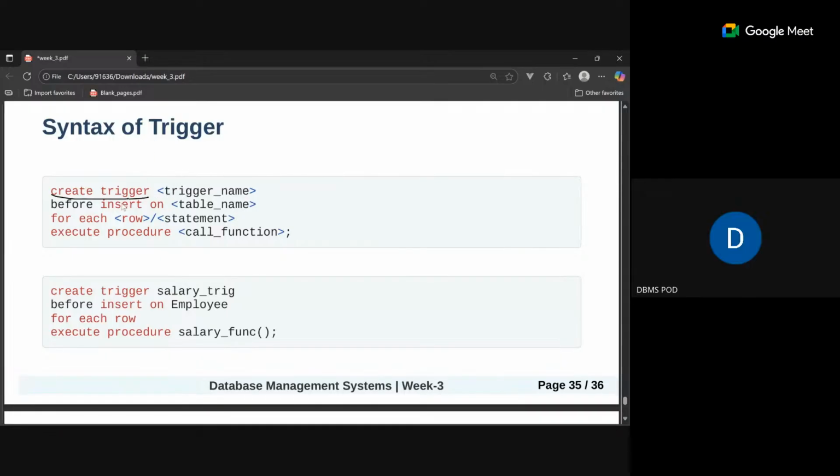So to create a trigger, this is the syntax that we are going to follow. Create trigger, and here you write a trigger name, and you define before or after, and it's going to be insert, update, delete, or whatever you can define here. It's not only insert; it can be update or delete also. Then on which table you are going to perform this trigger, and whether it's a row level trigger or a statement level trigger, for each row or statement. And then you execute the procedure, and this will be a call function. It's nothing but you call the function here,